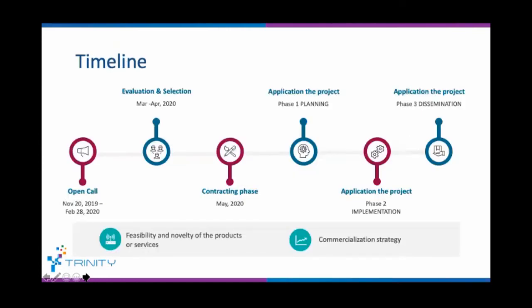What is the timeline? So you understand a little bit what is expected. Of course, now we are in the phase of the open call. We started on November 20 last year. Then of course, we're going to run it until the end of February. What happens next? We're going to start the evaluation right away in March, and that's going to run until April, depending on the number of applications. We will try to stick to that timeline, but of course, it's subject to change. Nevertheless, this is what we are forecasting. We would like to start the contracting phase in May.